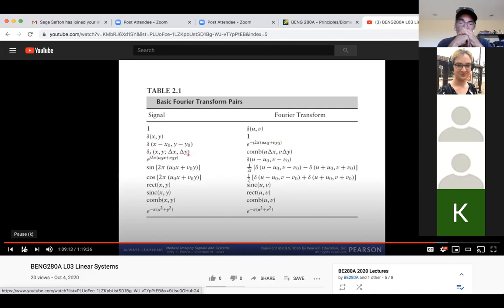The comb function is, remember, a set of delta functions in the plane that are separated by delta x and delta y. When you take the Fourier transform of that set of delta functions, you get in Fourier space another comb function. Okay? And it turns out that it's just scaled by the separation inversely. So if I make this separation bigger in the spatial domain, when I look in the frequency domain,